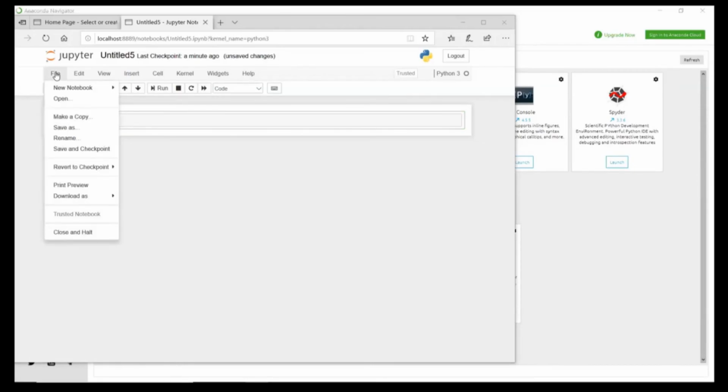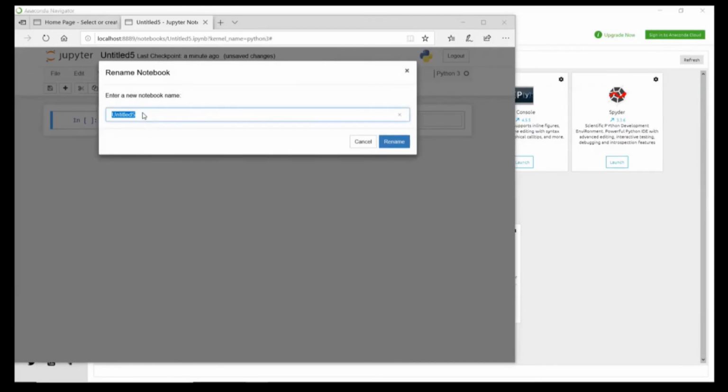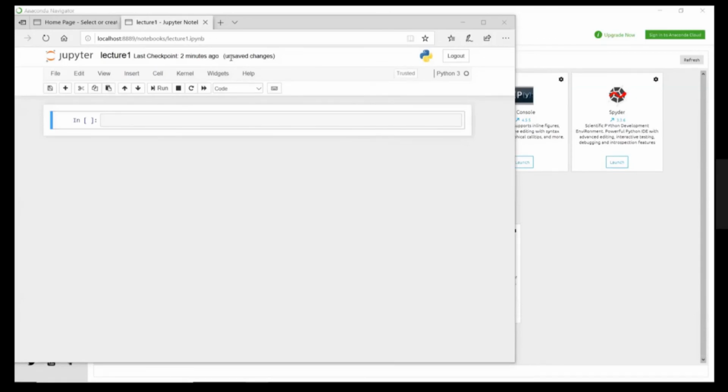Okay, from the File menu, I'm going to rename and give a name to our Python code. I'm going to say lecture 1. Okay, also it worked. Thanks. Good, great. So I changed the name to lecture 1. Okay, let's go and start